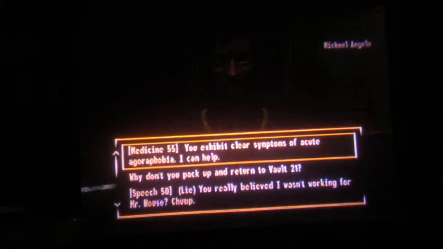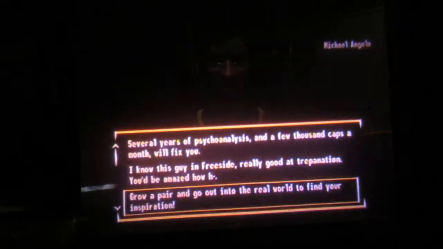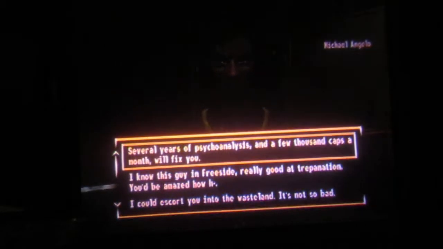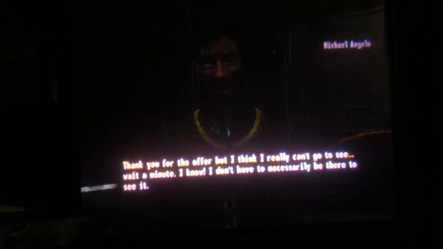You exhibit quieter systems of acute agoraphobia. I can help. Ah, an educated fellow. I'm a doctor of scientist, sir. So, how can you help me regain my inspiration? Go up here, go under the werewolf to find inspiration. What does this have to do with my... Okay. Several years as second analyst at 300. Stop right there. What? Are you serious? Well, I can explain your voice line. It's not so bad. Thank you for the offer, but I think I really can't go to see...